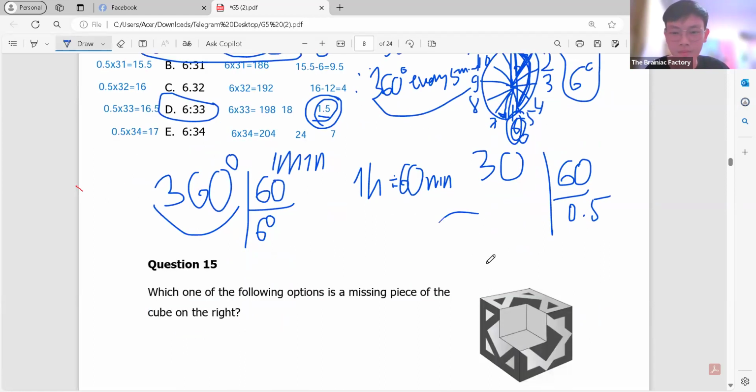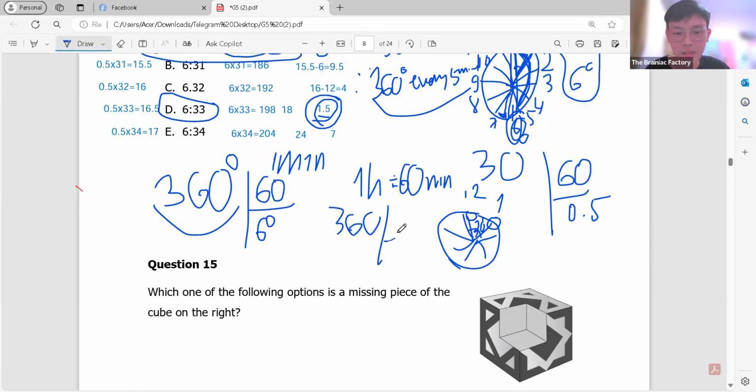Like this is 12 and this is 1. So it's gonna start from here and end from here after 1 hour. So this is equal to 30 degrees, as we're having 12 like this. Just assume this is an hour hand here. We're having 12 spaces, so that we're gonna have